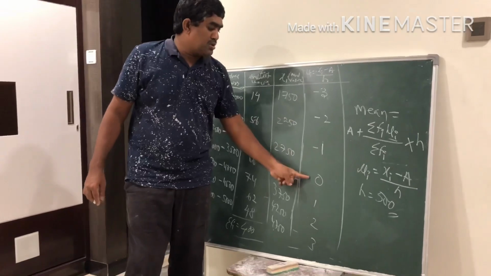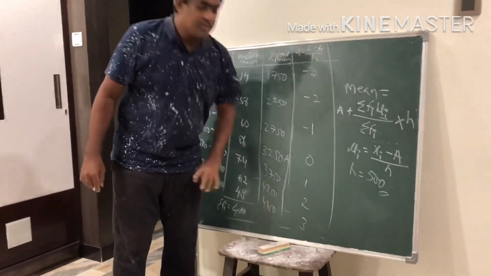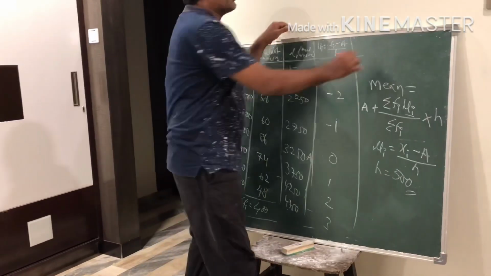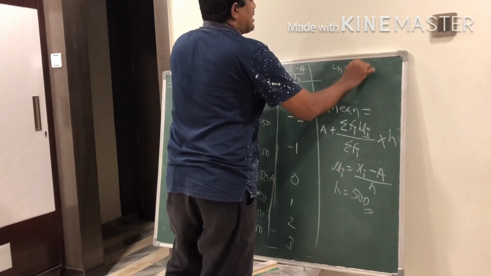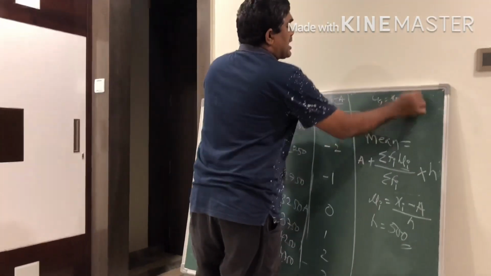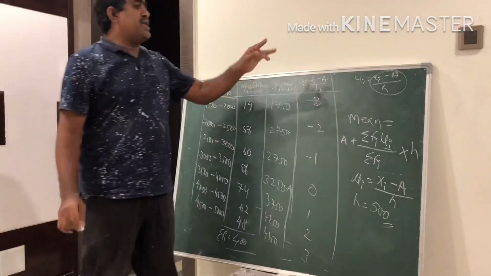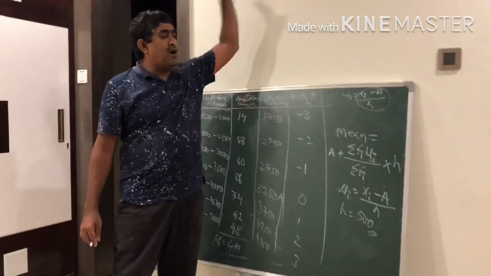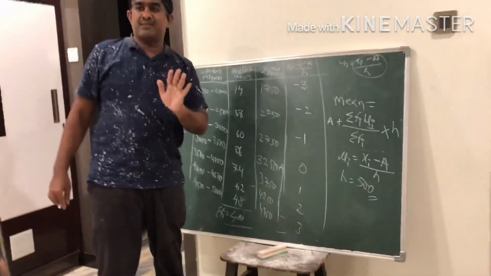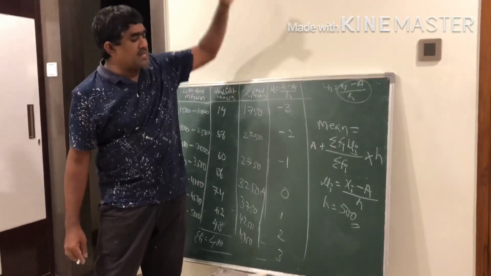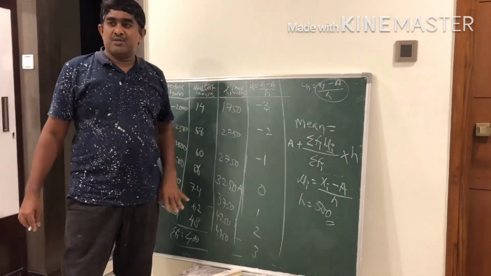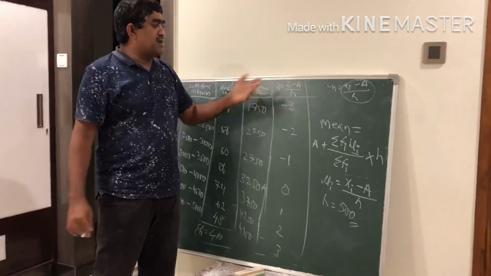1 2 3 4 5 6. In such a calculation, you need to calculate mu equal to x minus a by h. No need to calculate this. Simple. Wherever you have taken a, there you can keep it as 0. Up is minus, down is plus. From 0, count like that up, and count like that positive numbers. Simple mu i. So if you know the formula, that's all.